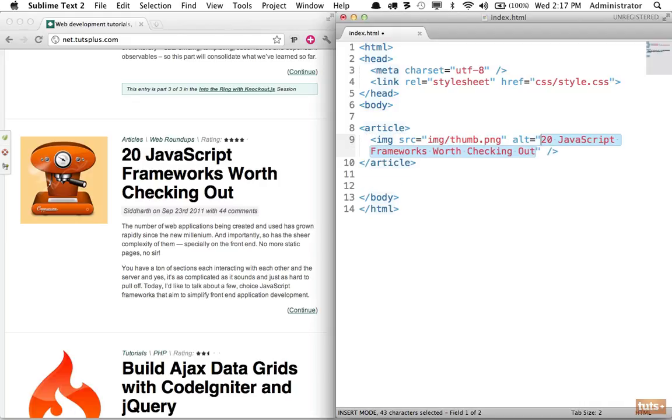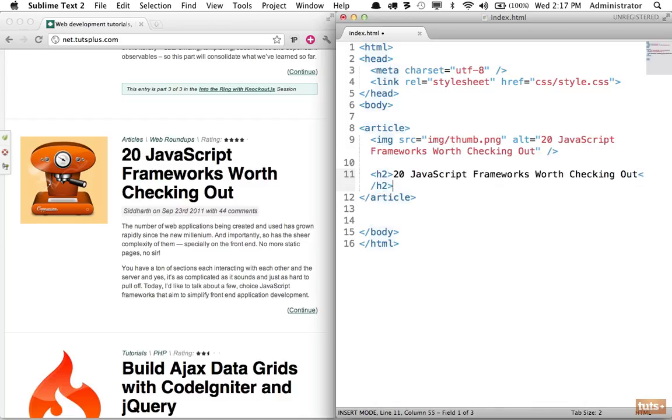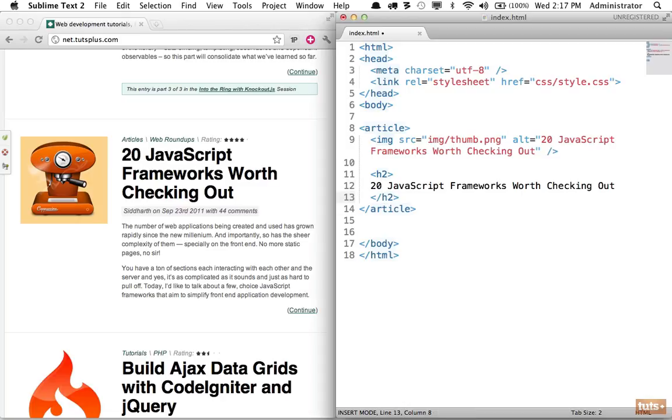Next, I'm going to copy this because I'm going to reuse it right here. So we will place the title within an H2 tag. Now we could do H1 if we want, but I think in this case we'll stick with H2. And I'll paste that in like so. If we want to clean this up, maybe put this on its own line because we don't have too much real estate here. Okay, so now we have the thumbnail and the image,